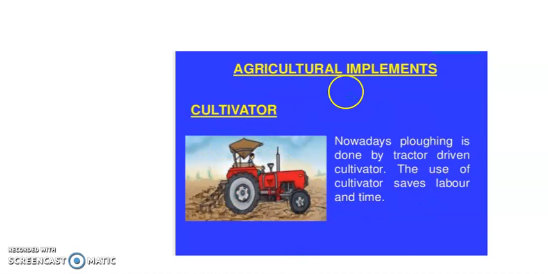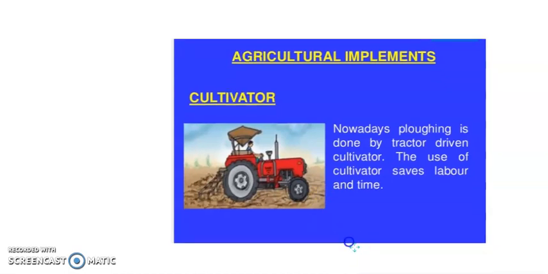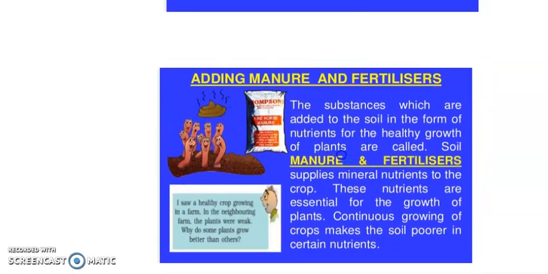Till now we studied the various instruments used in animal husbandry. Now we are going to study the difference between a fertilizer and a manure. So what is a manure and where is it used? We learned that after sowing the seeds, the farmer puts manure so that the plants grow nicely. Manures and fertilizers are substances which are added to the soil for the growth of plants. So there are two things, manure and fertilizer.